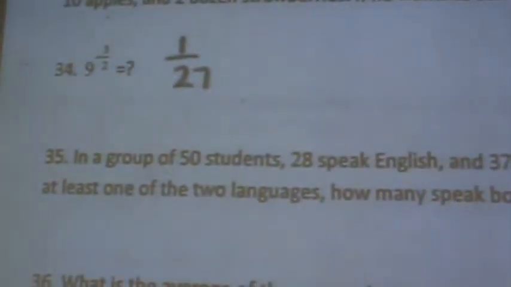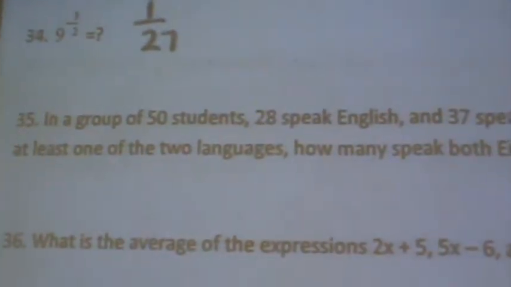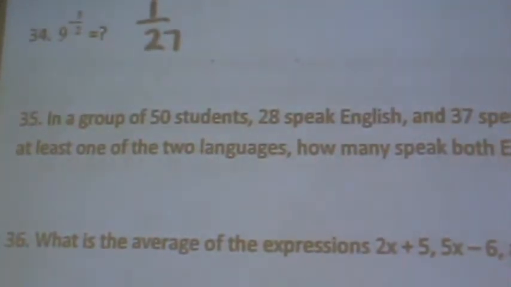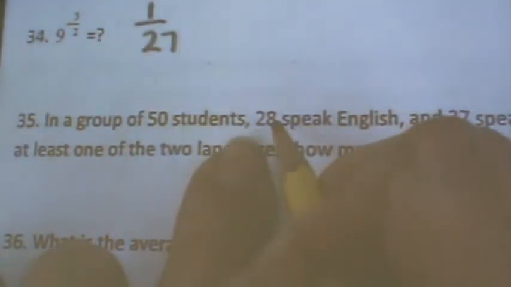Use your calculator. Question 35. You've got 50 students in a room. And out of those 50, 28 speak English and 37 speak Spanish. Well, if you added those two numbers together, you get 65. We don't have 65 students. How many students do we have? 50. Yes, if you subtract that from 50, so if you added these two up, 28